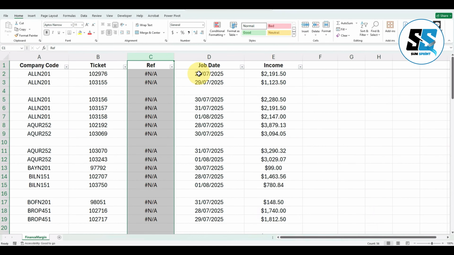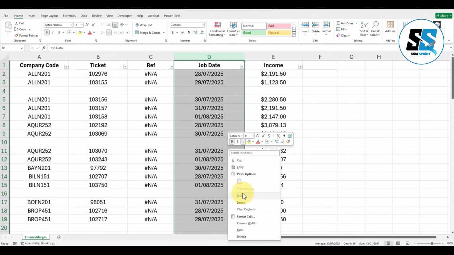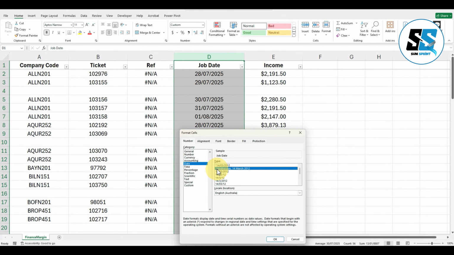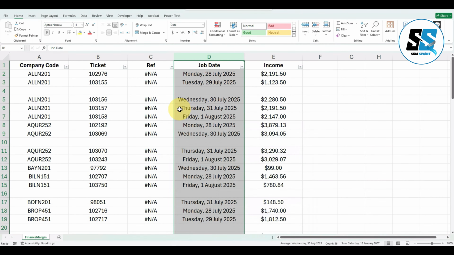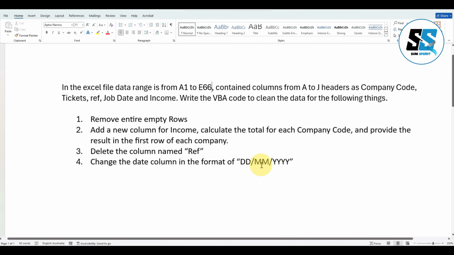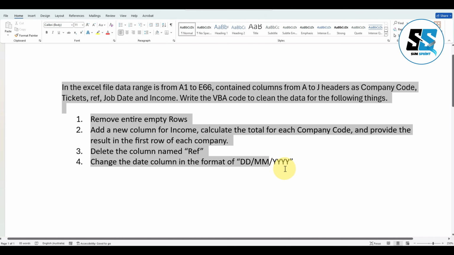So we can see the job date. Let's suppose this is in this format now, but we want to get it into the standard format of date, month, and year, right? So how can we do that? What we need to do is copy this first,